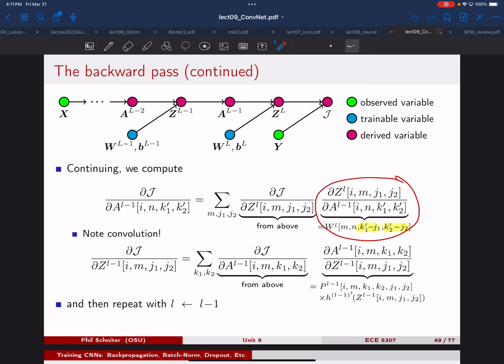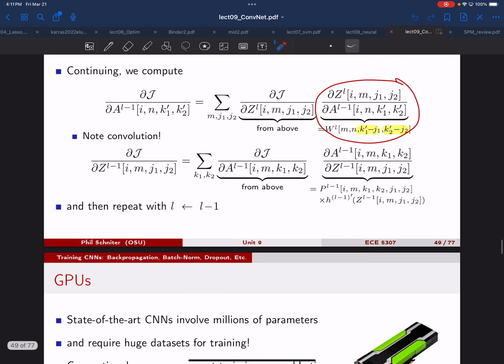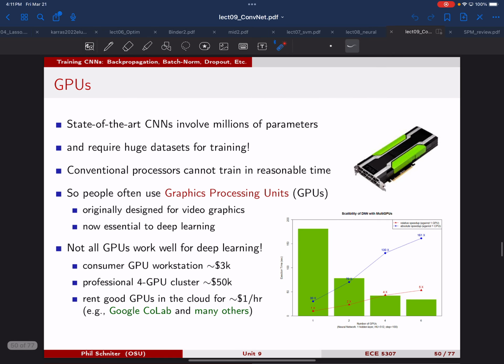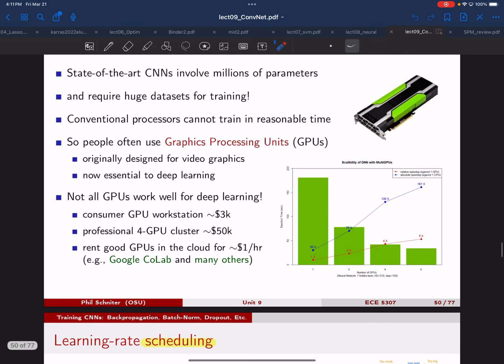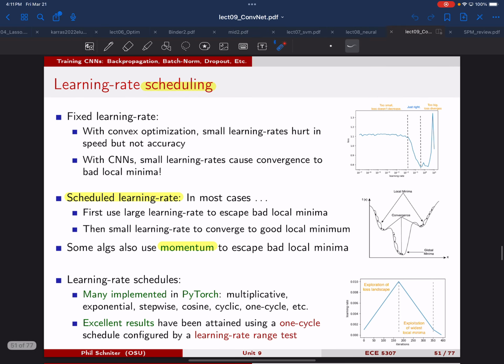And so that means that if you design hardware, GPUs, that are good at doing the forward pass, they're also good at doing the backward pass, and therefore you can efficiently train and implement these networks. So we talked a little bit about GPUs and why they're important,